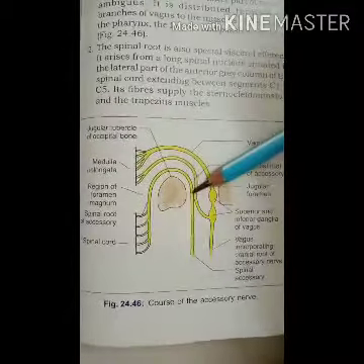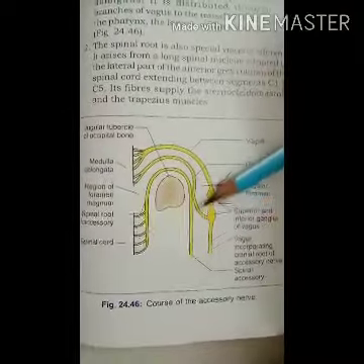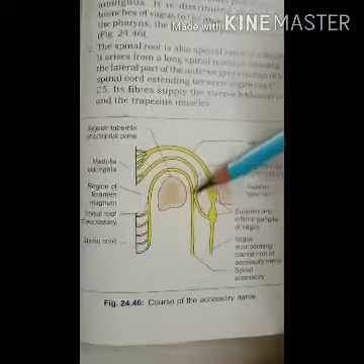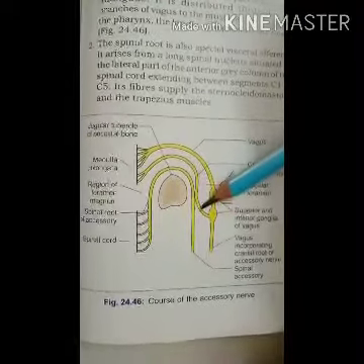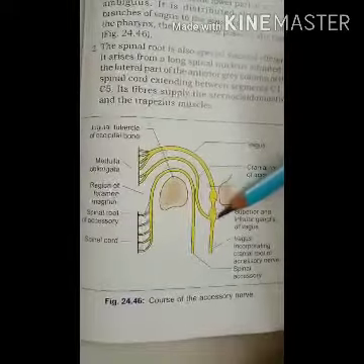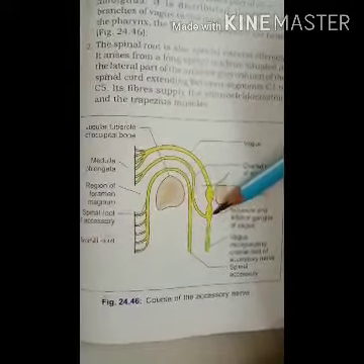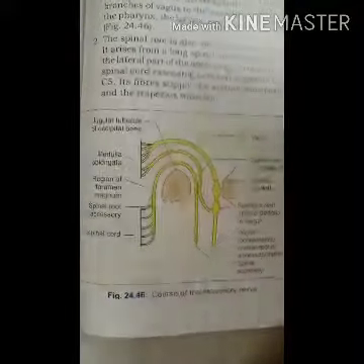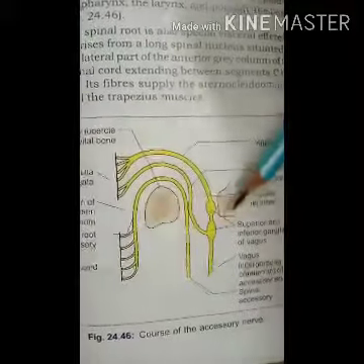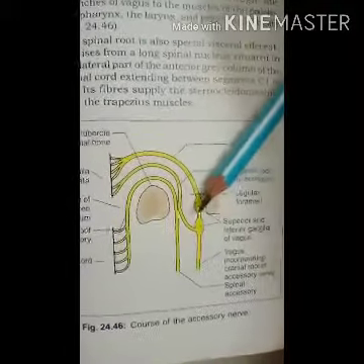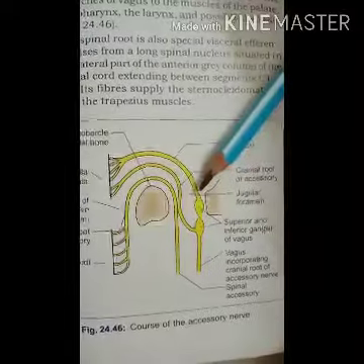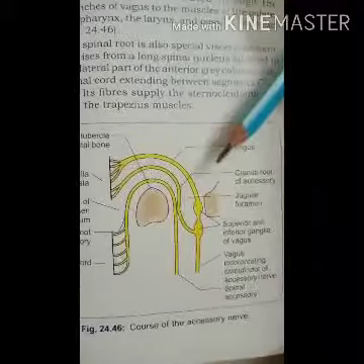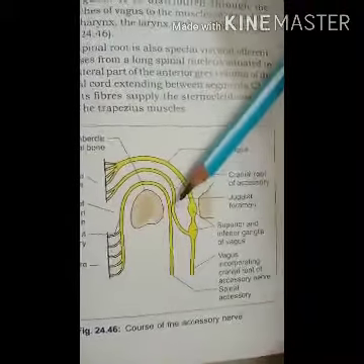Whenever it comes out through the jugular foramen, immediately the two roots separate again. Out of this, the cranial root joins with the inferior ganglion of the vagus nerve, and the spinal root descends downwards. As the cranial root joins the inferior ganglion of the vagus nerve, its branches supply, with the vagus nerve, the muscles of the palate, pharynx and larynx. Then the spinal root,